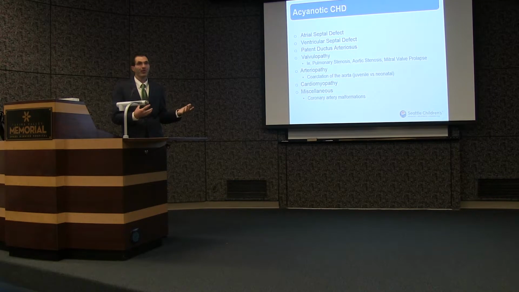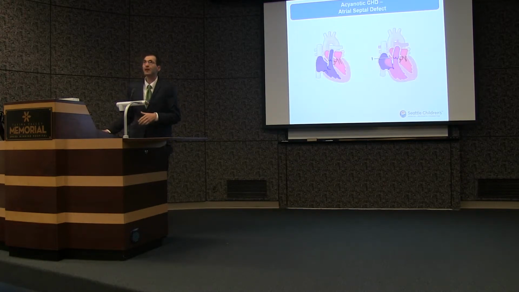Cardiomyopathy can be seen in the newborn period, so some people actually consider that in some cases to be congenital if there is an intrinsic abnormality in the myocardium. And then some miscellaneous things which we won't focus on today, but coronary artery malformation, where one of the coronaries originates from the wrong side of the aorta. So some quick examples, and I'll just go through the basic anatomy of the heart,